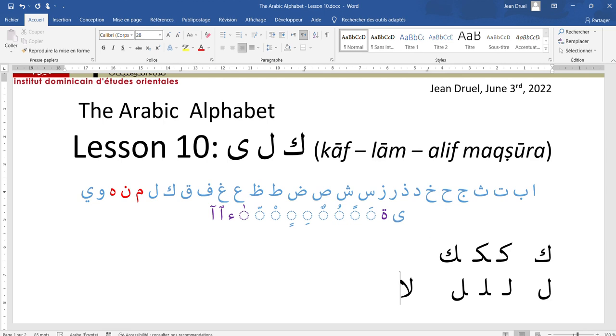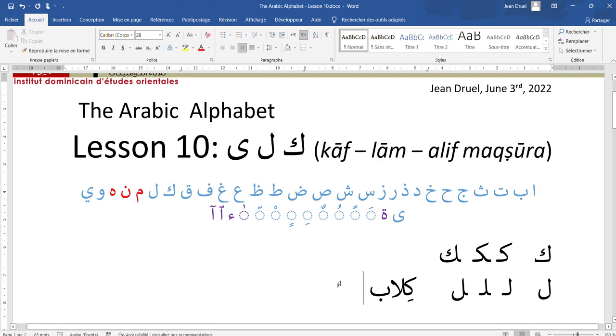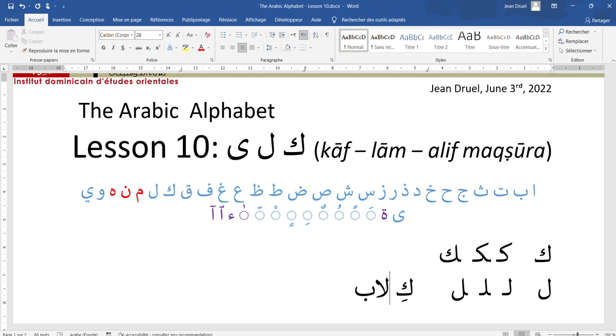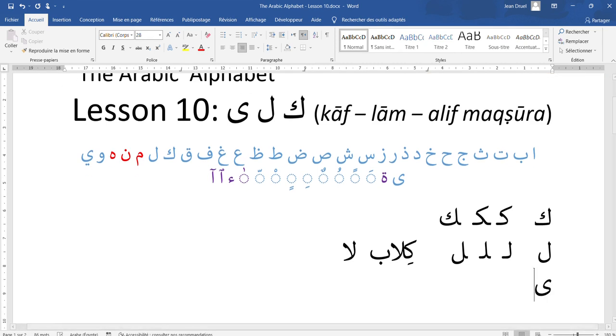And then, because the alif is not connected on the left side, if I continue to write my word, it does not connect here. And it connects on the right, so if I add a kaf before, I get this, kilab, meaning dogs. So here, kilab is connected on the right, but not on the left, because the alif blocks the connection on the left. So this shape, lam alif, is extremely common, and you should be able to recognize it in the words. Then we have our alif maqsura.